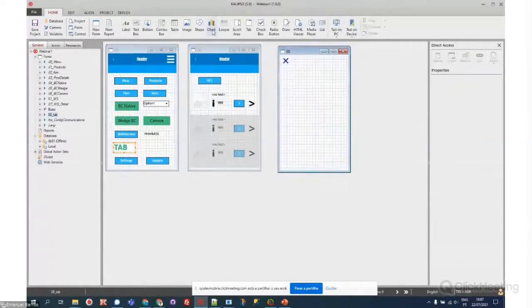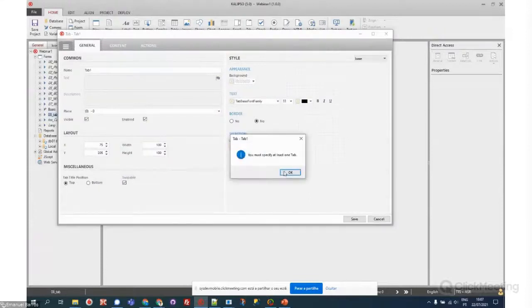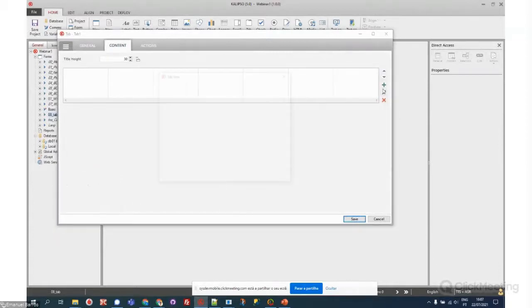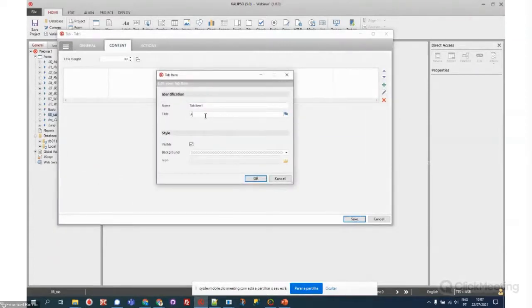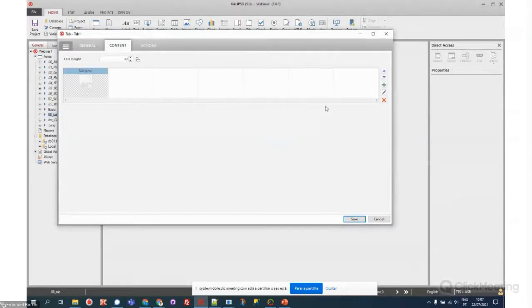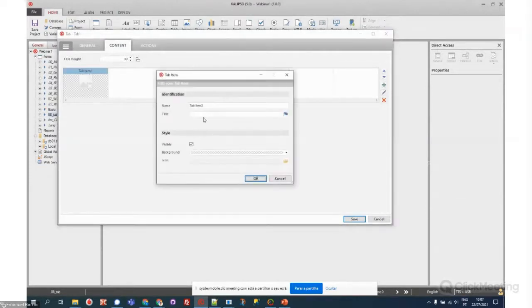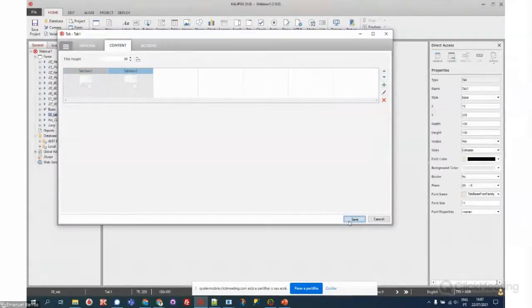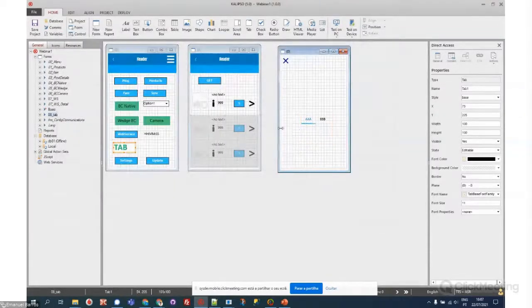Okay, what probably, I don't know, because it was not me that did the application. Probably what they are using is a tab. Okay, and you can have several tabs. So you can switch between tabs with a swipe. So like,